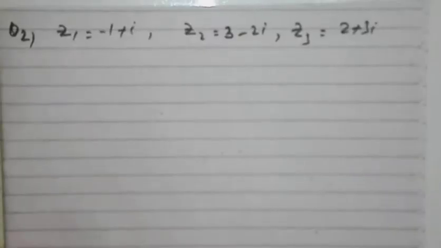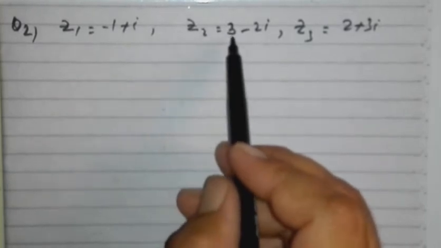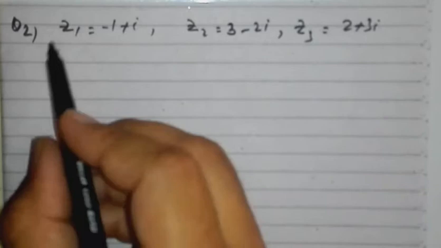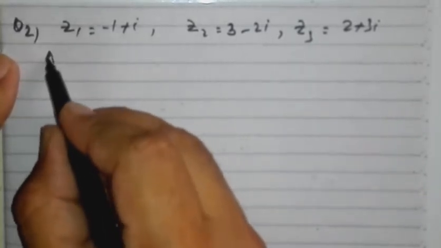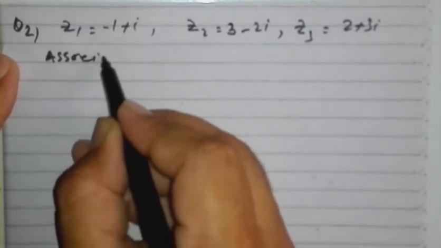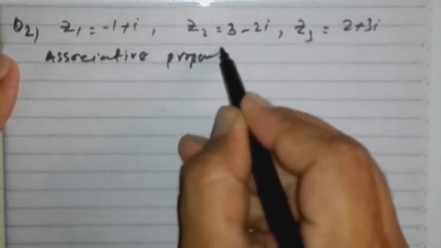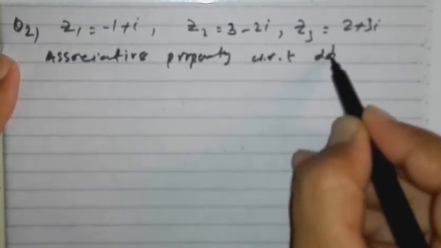Question number 2. Z1 is equal to minus 1 plus iota, Z2 is equal to 3 minus 2 iota, Z3 is equal to 2 plus 3 iota. Verify associative property with respect to addition. Associative property with respect to addition,